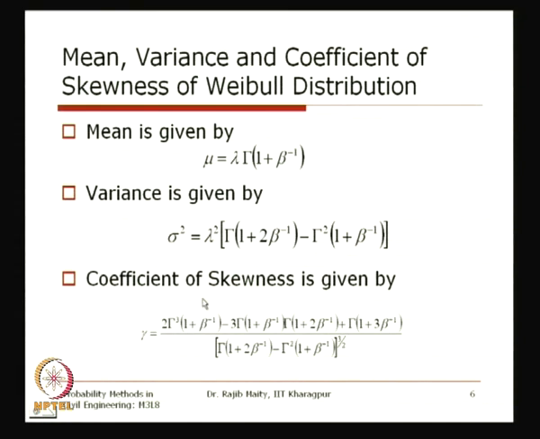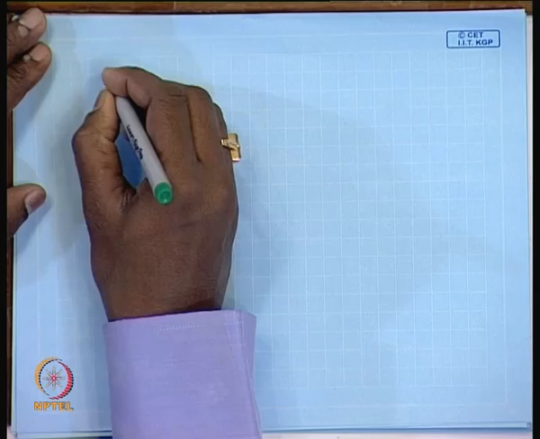And similarly, if we take the skewness, we will get a long expression like this, which is the measure of the skewness of the Weibull distribution. One thing is important here: if we simply put beta equals to 1, then this will become gamma 1 plus beta inverse. So, what we are trying to say is, if we put beta equals to 1,